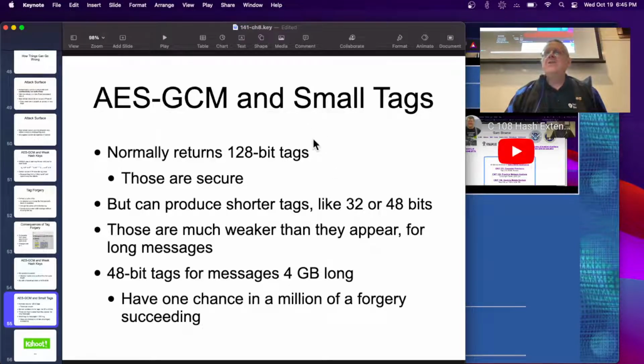And another one is you can make smaller tags with AES GCM if you want to. But they're much weaker than they appear for long messages. And in fact, somehow I don't have the latest version of this, which is annoying. I figured this out. What happens is it's actually pretty simple. It's like the birthday attack. Since you're comparing blocks of data, it turns out that if you were to have like a 48-bit tag,